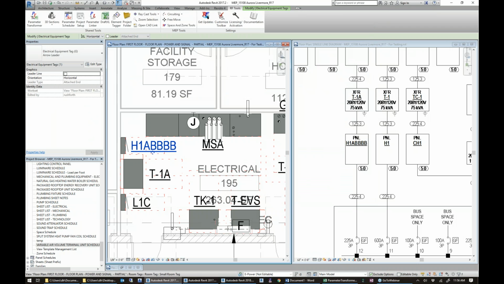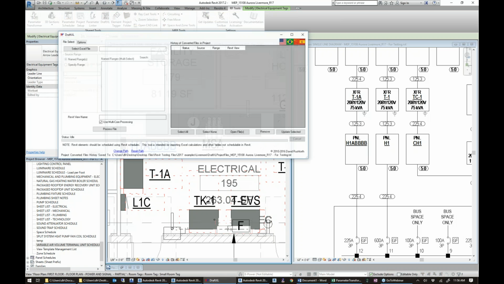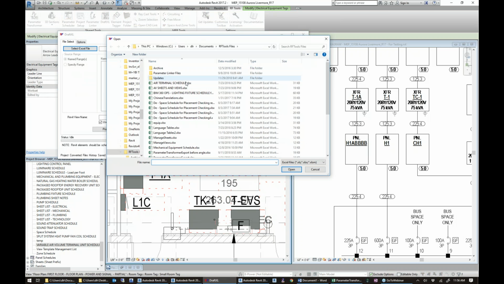Okay. A few more minutes. I know we haven't saved a lot of time for questions, but I promise I'll stick around for a little bit. I'm just going to quickly tell you about two other tools so you're aware of them. One is the Draft Excel. The parameter transform is getting the Excel data into Revit. Draft Excel is if I have an